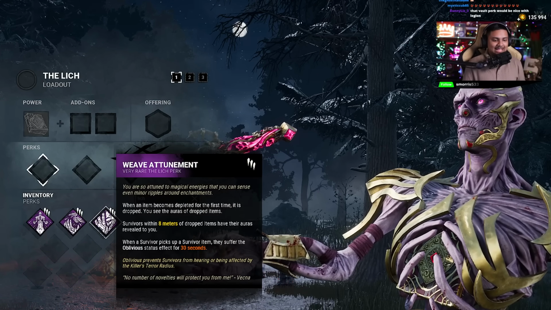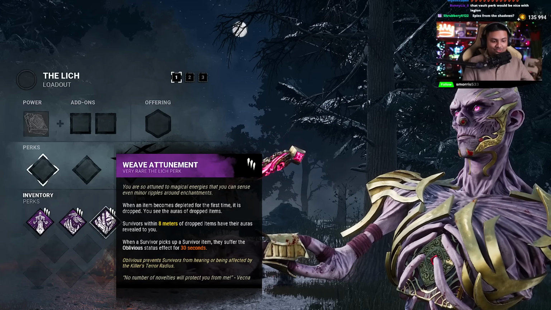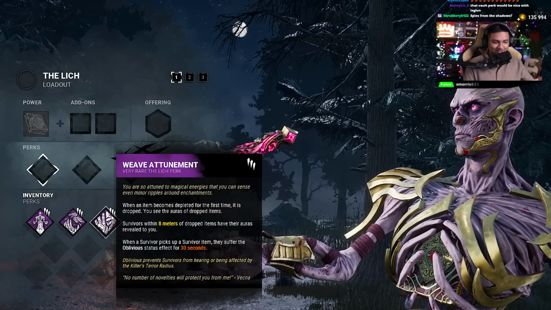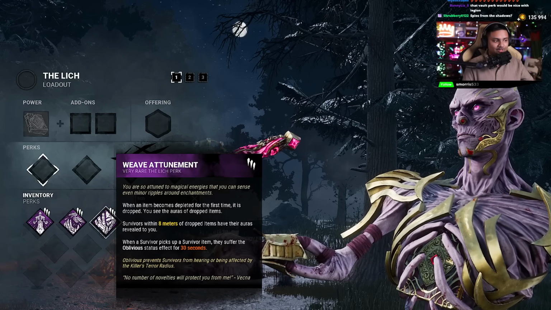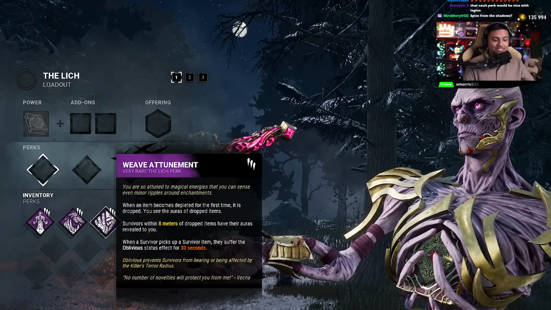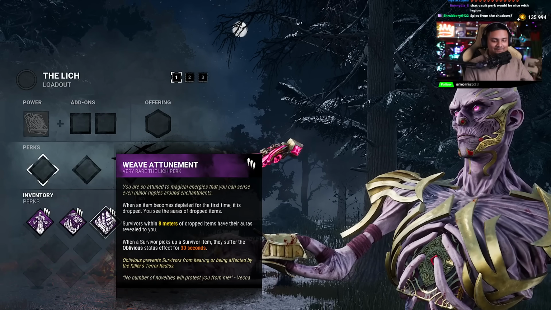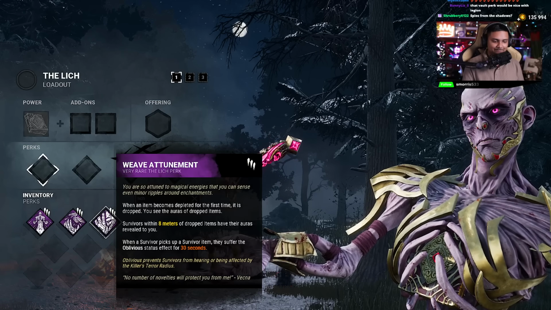Finally, we have Weave Attunement. Survivors within 8 meters of a dropped item will have their auras revealed to you. I forgot to read the first part: when the item becomes depleted for the first time, it will be dropped and you'll see the aura of the dropped items. And it says, when a survivor picks up a survivor item, they will suffer the Oblivious status effect for 30 seconds. So this can really be combined with